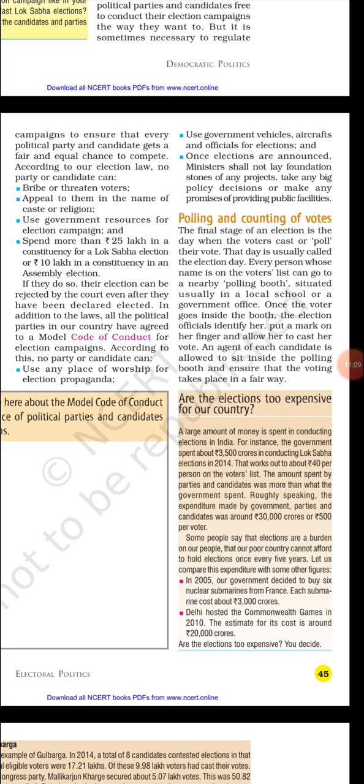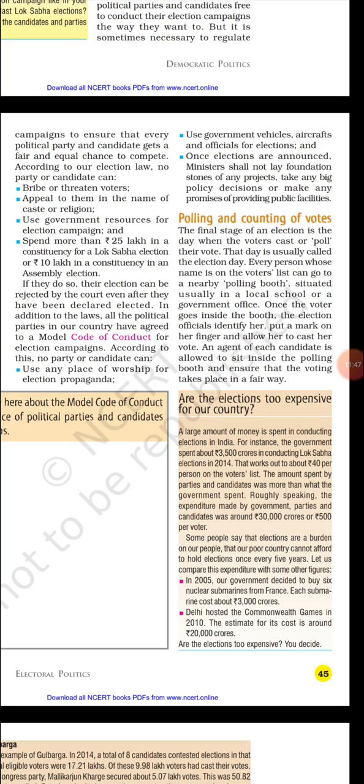First of all, I have to enter the office where the polling booth is situated. There will be a few persons inside. They are members of the election council. One of them will put a mark on my finger, and another person will search for my name in the voters list. Then I will be able to give my vote. I go to the machine and just press where I want to give my vote. That's how the election will be done by a voter.